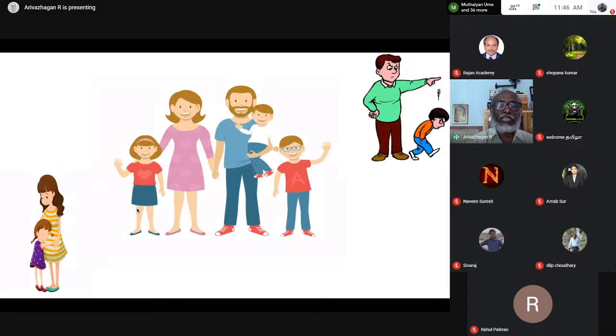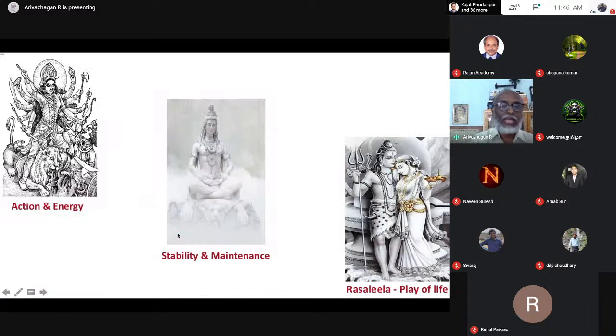See here, this picture is a very self-explanatory picture. This is a happy family. Here, the mother behaves with the child. Then see the father behaving with his child. But they both are different activities. These two different activities, their interaction makes the family happy. So this is not only in the home, not in the house. This is in the universe, wherever it is. The interaction is a very important concept here.